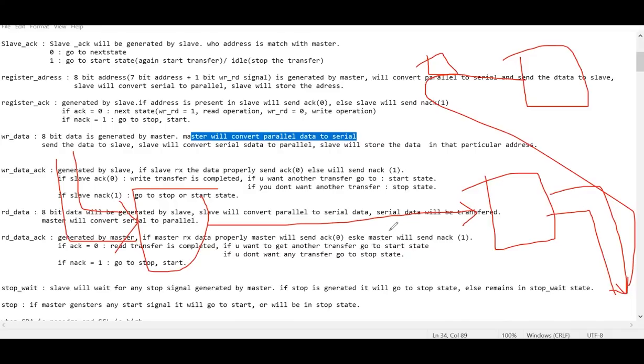Those interfaces are nothing but an APB protocol. If you take low bandwidth or high bandwidth, those are AHB, AXI. So those are nothing but the bus protocols. For that purpose, we need to convert into parallel. Okay. Next,